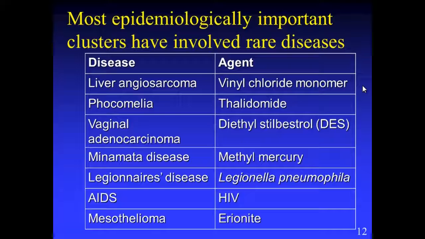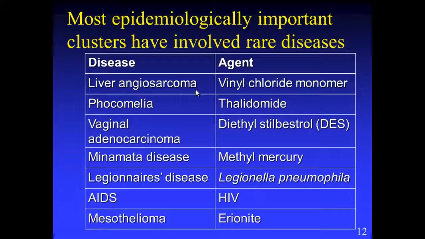And also I want to conclude this talk by saying that there have been a number of epidemiologically very important clusters, but these have always involved rare diseases. So this is a listing, not necessarily a complete listing of all the important clusters, but some well-known ones. So in people who are manufacturing polyvinyl chloride plastic, and they manufacture it from the vinyl chloride monomer, which is polymerized, there were really only a very few, just 2 or 3 cases of this very rare cancer of the liver,